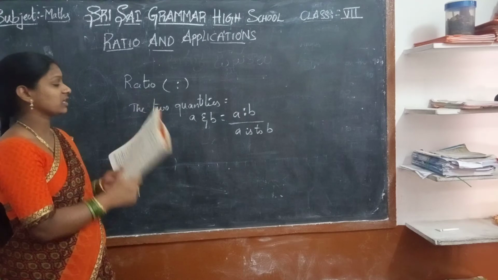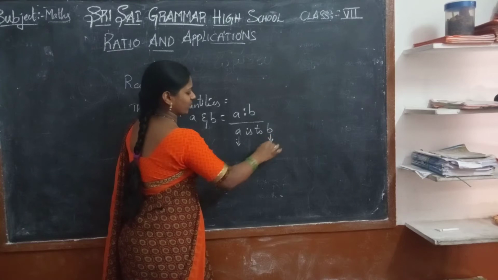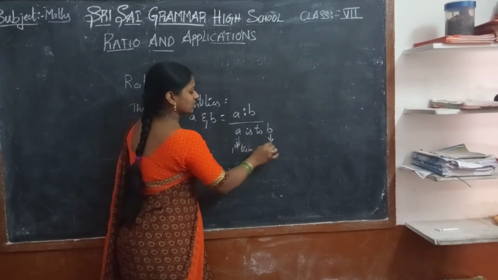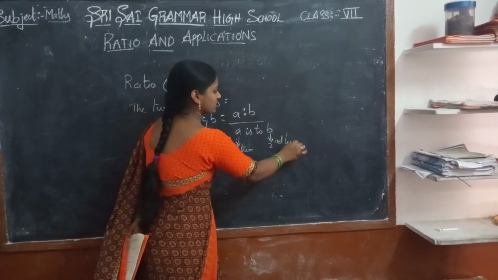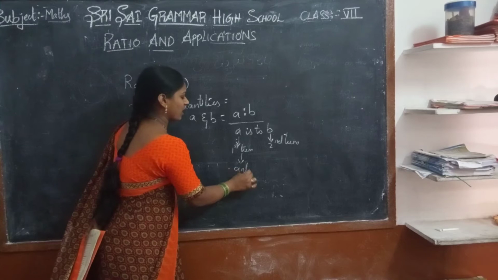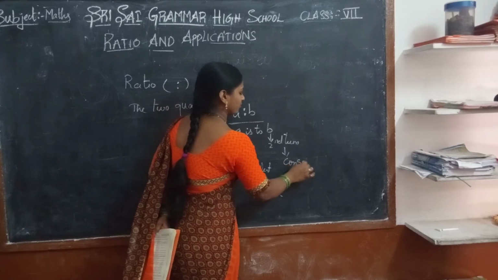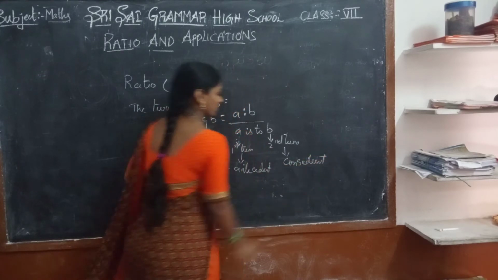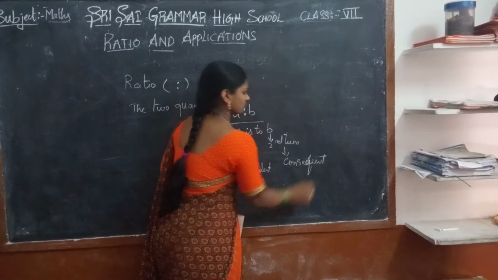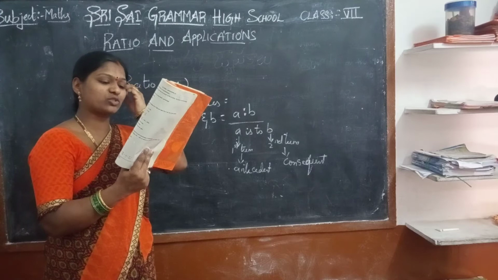From these two quantities, the first one A is called the first term, and this is called the second term. The first term is also called the antecedent, and the second one is called the consequent. Then proportion. If two ratios are equal, then the four terms of the ratio are said to be